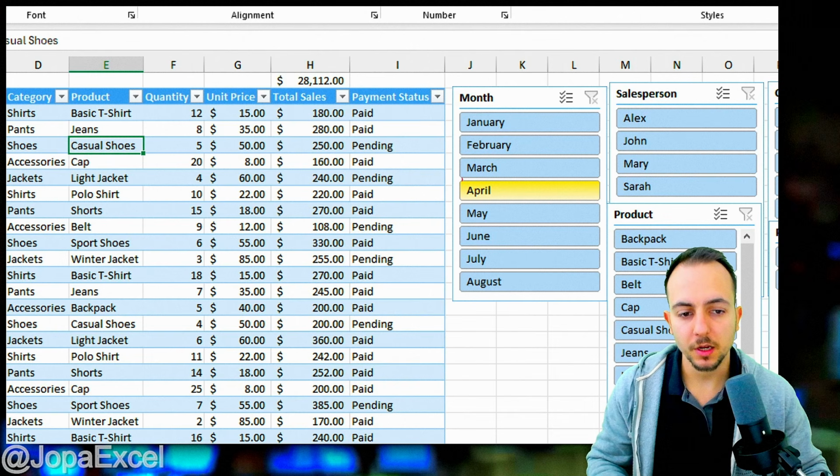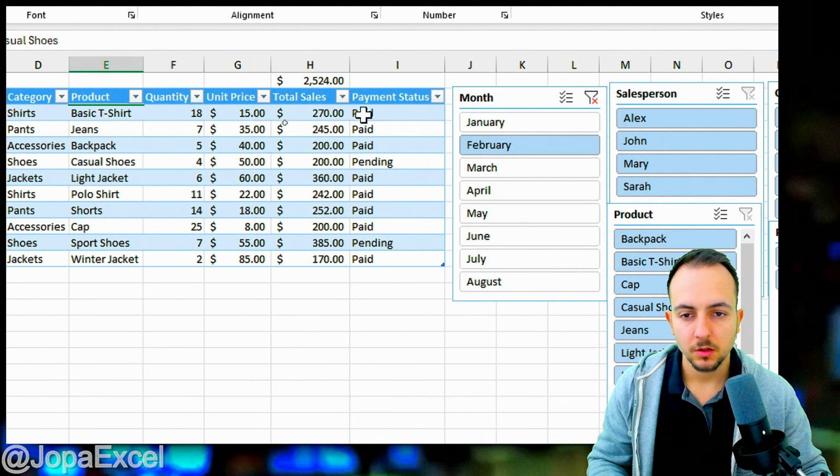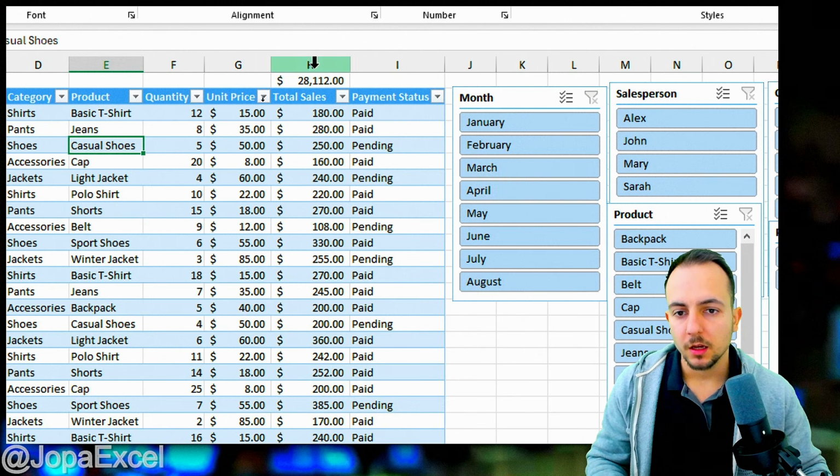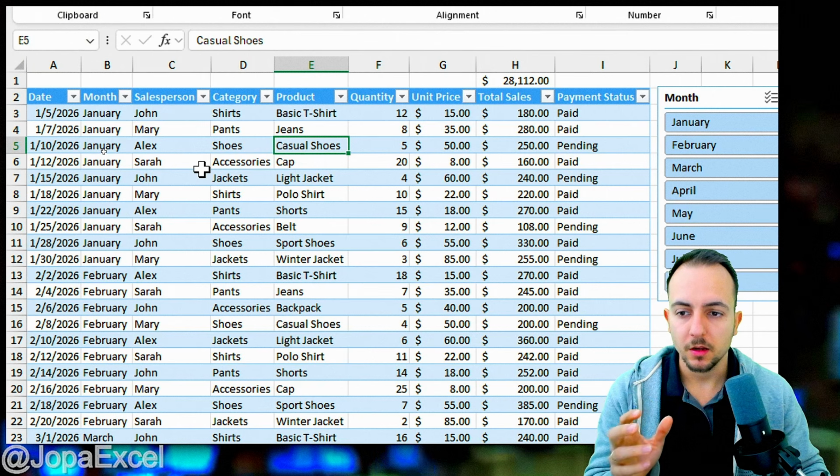If I click here on April, look what's going to happen with the total at the top. 1, 2, 3, go. Okay, that's it, $3,250. If I go to another month, February, 25, 24, that's it. Very simple, guys. And in my opinion, if you have a data set where you need to quickly analyze the